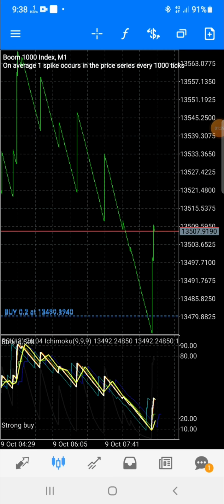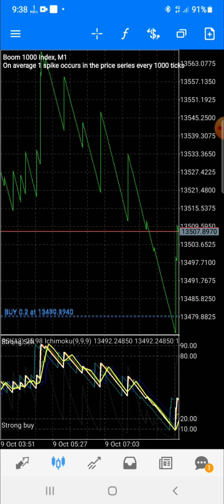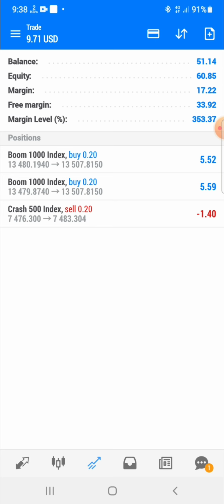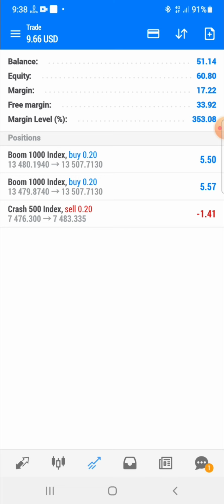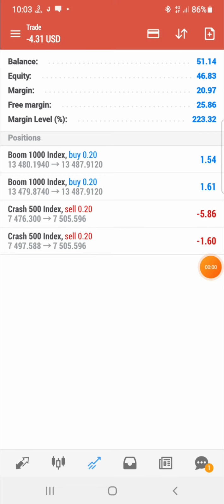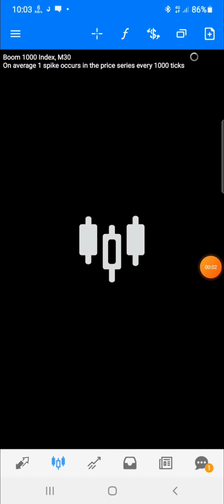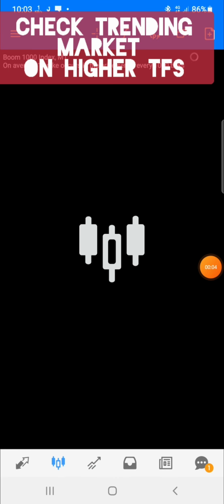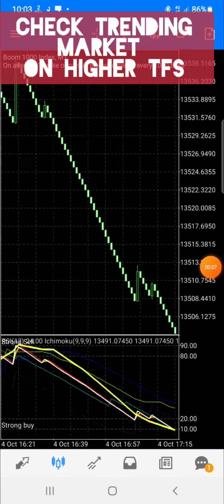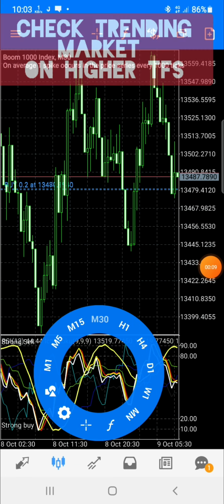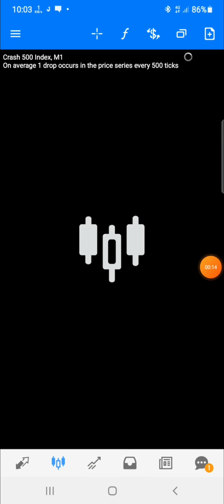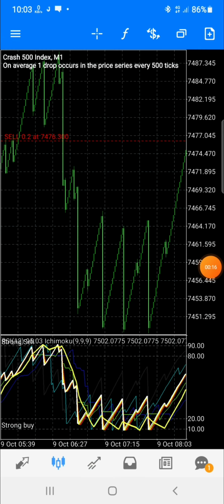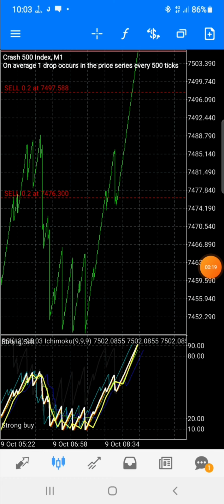Now I'm going to talk about what to do when the market is going against your direction. Most of the time it's going to be a spike because it's at the oversold level in the 1 minute time frame. Doesn't mean it isn't a trending market. That's why you also have to check if the market is trending. That's very important. If it's maybe on a bearish sell trend on Boom, and you place a buy on the 1 minute time frame, you want to make sure that you are ready to play the stop loss, because it's a sell trend.